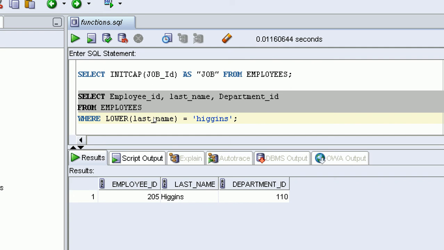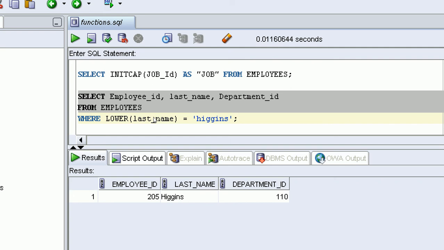In the database, the last name column has Higgins, John, and so on. But I am searching with a small name, so it is not finding it in the database, because a character or name search will only find a match when it is accurate, when you provide the accurate spelling and the accurate